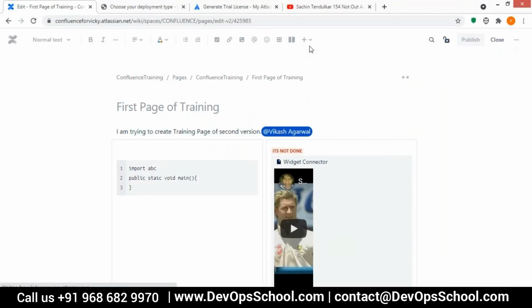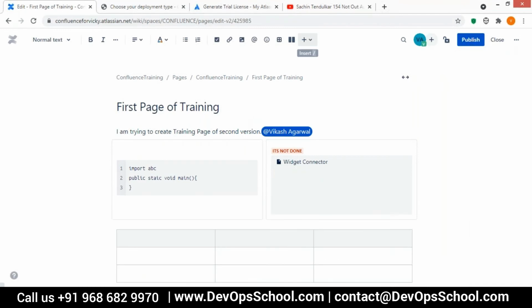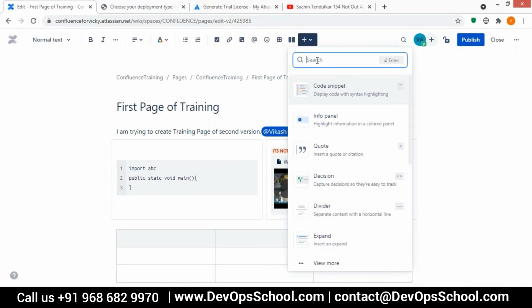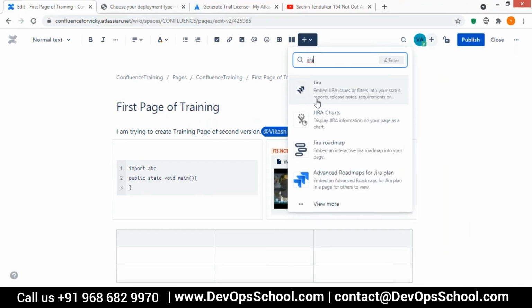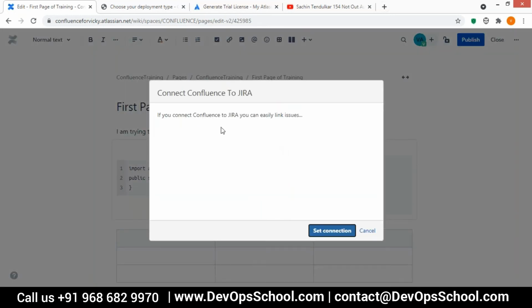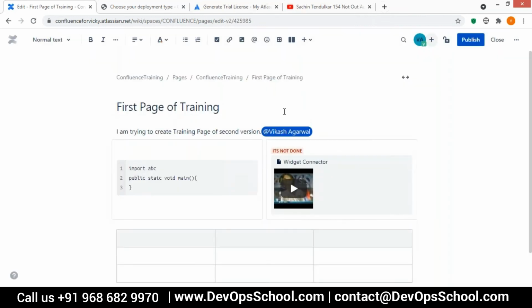Jira and Confluence you can integrate. Let me check. I think we have a macro. Can you see here? Yes. So if you have your Jira integrated, right now it's not integrated, right? So if you have integrated it, you can use this macro and you can mention just the ID of your Jira, and you can access it from here. You understand? Okay. So for example, if you remember, we have created a few Jira issues, like test one, for example.